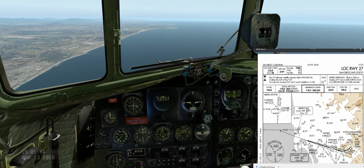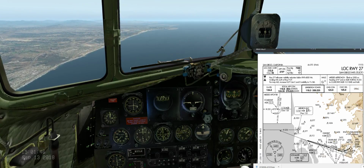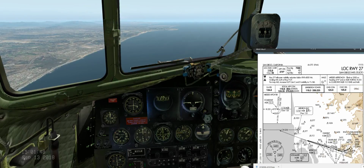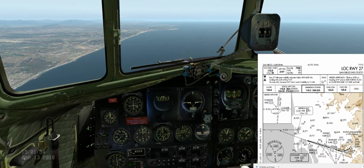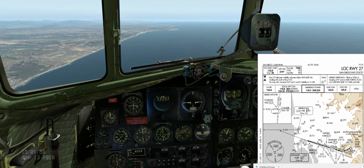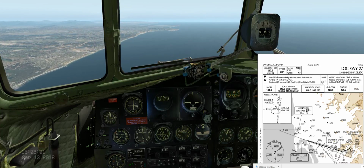All right, man, thanks for joining us here. So basically it's going to be outbound until we get on the 255 from Mission Bay, and then we're going to go out Mission Bay 12.3 DME and then hold. So we're going to be coming here and we'll do a parallel entry and do a right pattern. So what we'll do is we'll put